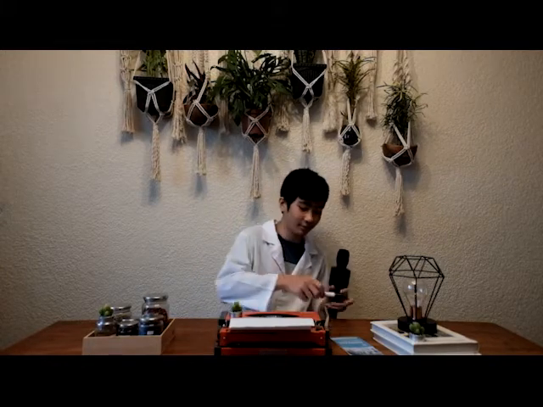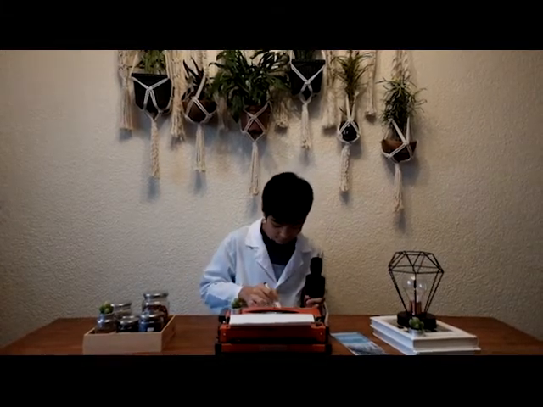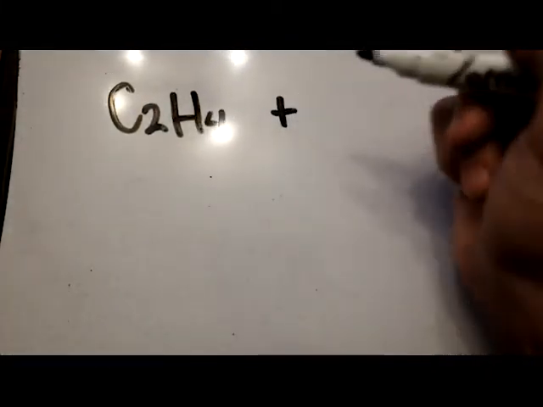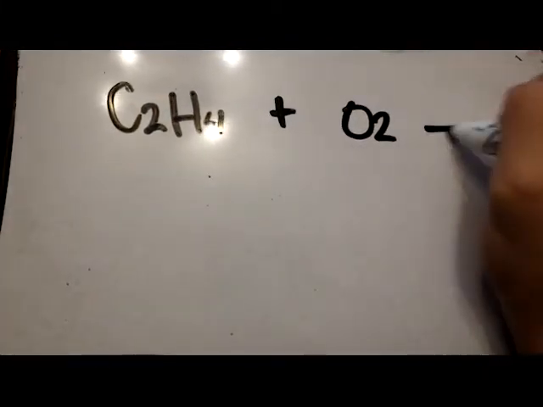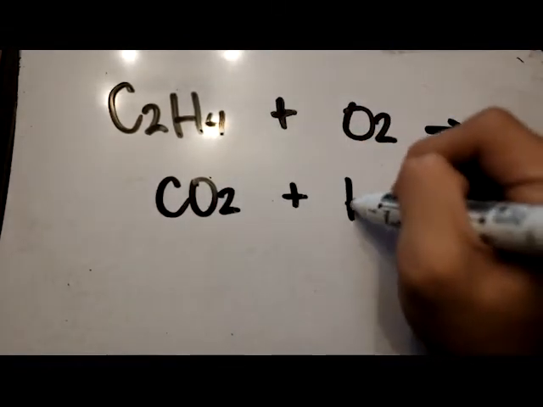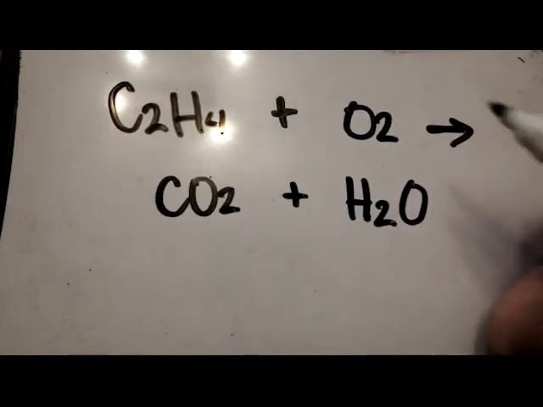The next chemical reaction is combustion. Combustion is a reaction between a substance and oxygen. This substance is normally a hydrocarbon. When it reacts with oxygen, it normally produces carbon dioxide and water. For example, ethylene gas combined with oxygen gas, resulting in carbon dioxide and water. To balance the equation,